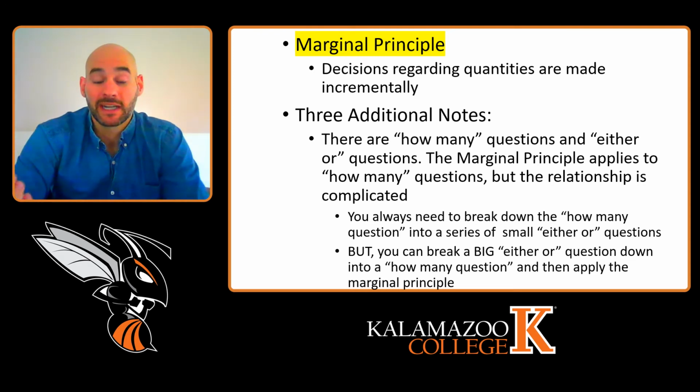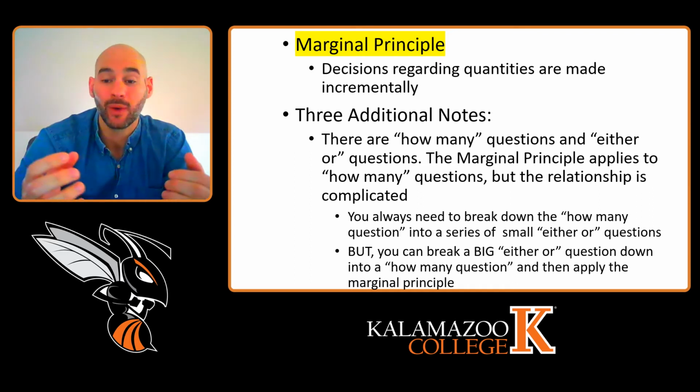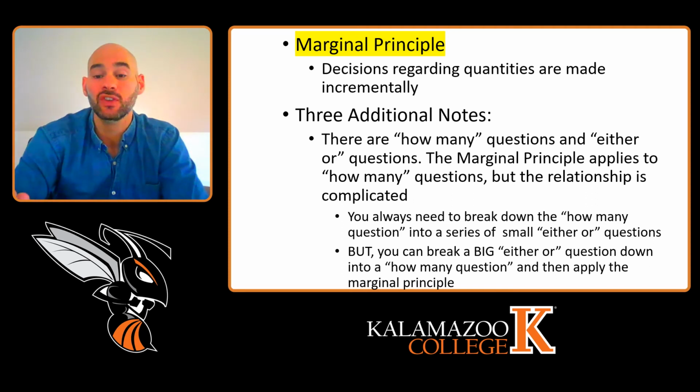However, even though this seems like a big either-or question, we can break it down into a decision of how many questions. So how many miles from downtown do you want to live? How long of a commute to work do you want to have? Once it becomes a how many or a how much question, we can then use the marginal principle to decide